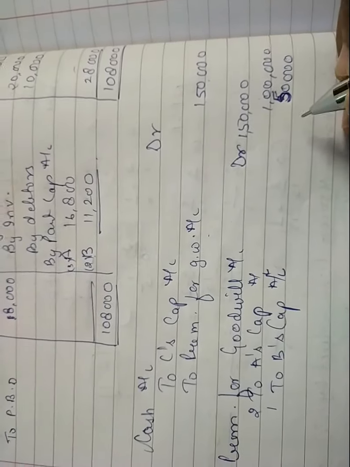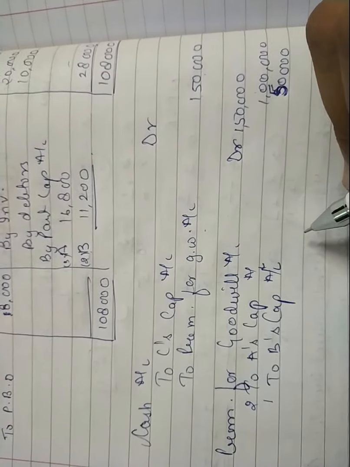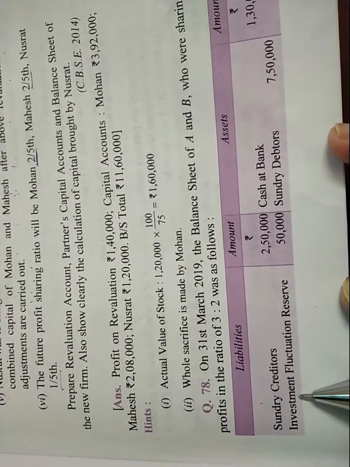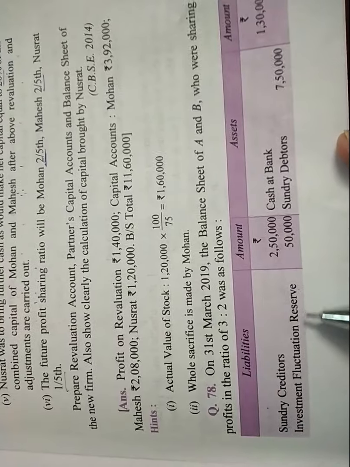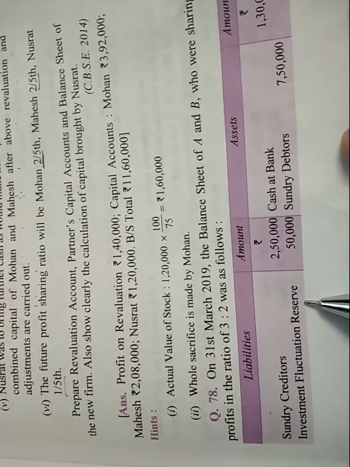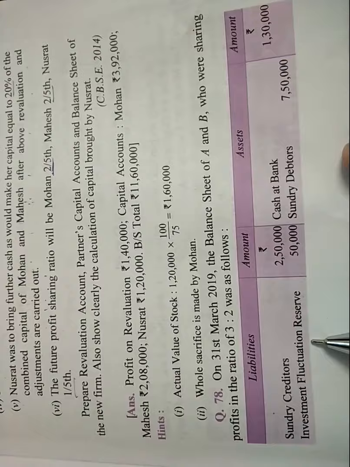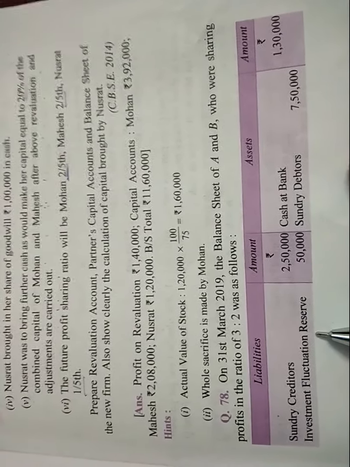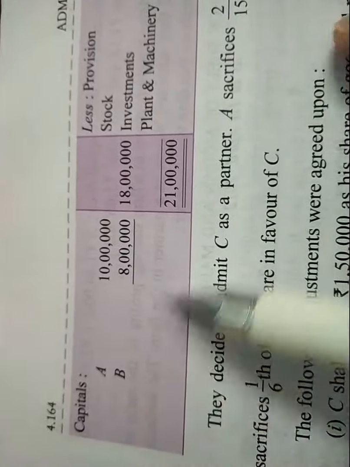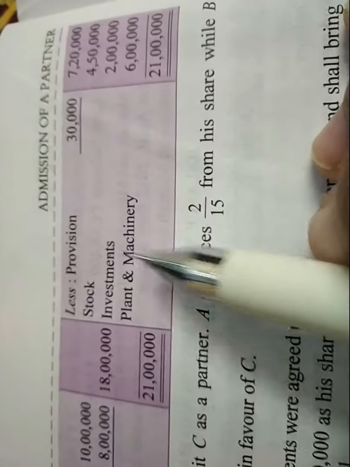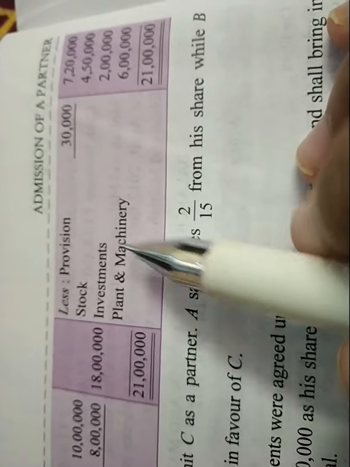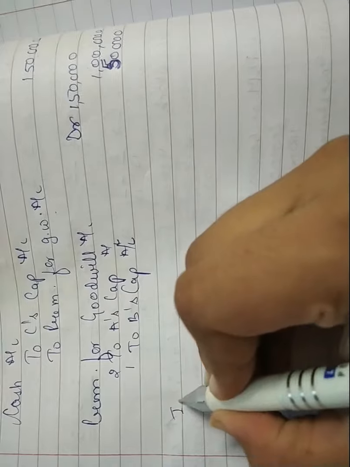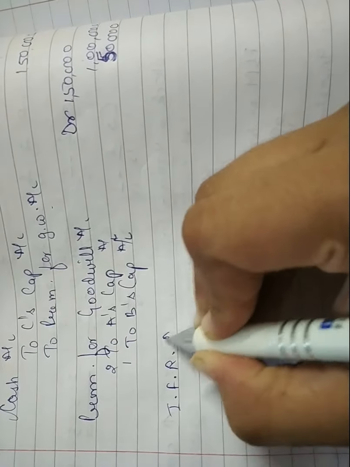Now check out our balance sheet for the entries of reserves. On liabilities we have an investment fluctuation reserve, and we haven't used it for investment fluctuations. So it should be transferred to the partners' capital accounts. After that there is nothing to be transferred and nothing to be written off here. So we will transfer only the entry of IFR. So investment fluctuation reserve account